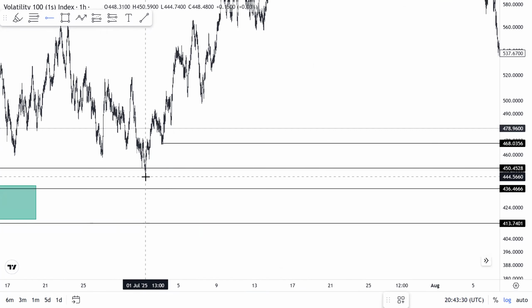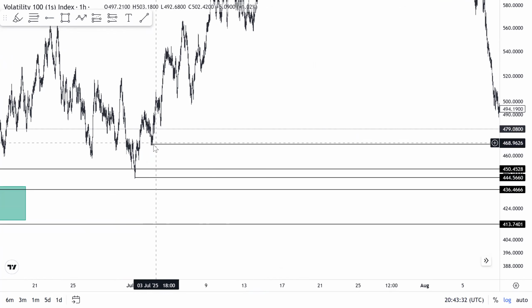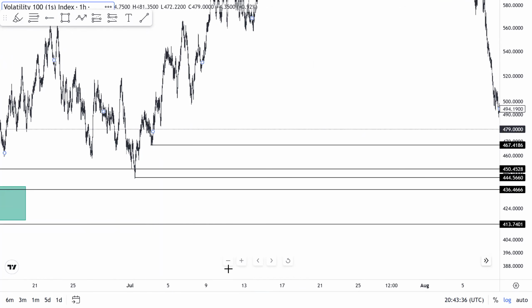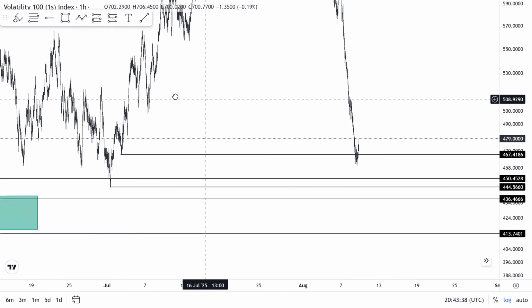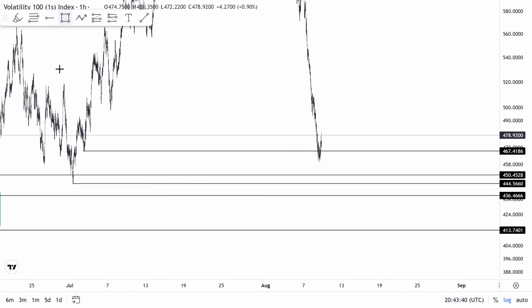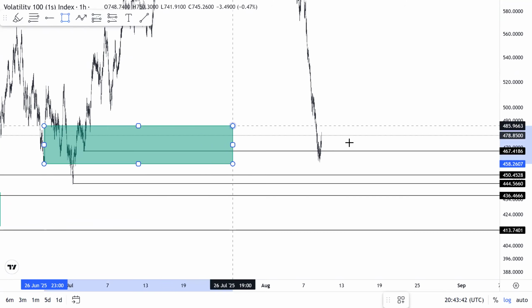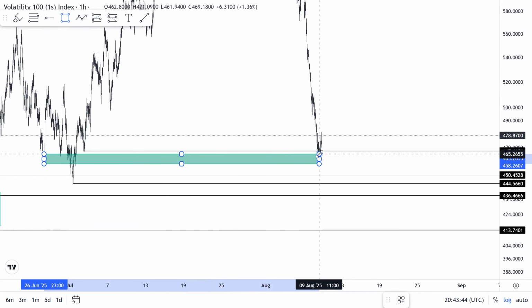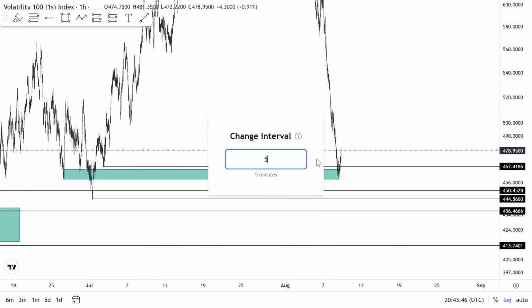This is why I said some people it might be confusing to them, but you actually need to take your time and understand structure. Once you can understand structure, I promise you this thing is going to get easy for you. Okay. So now what do you see that's happening right now? I think price is actually buying from me here. So let me check my 5 minutes time frame.